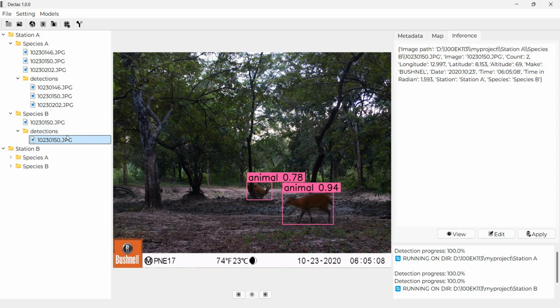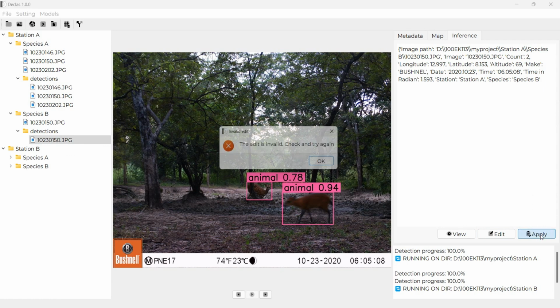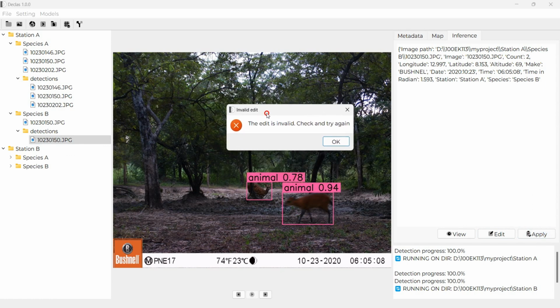Again, you can edit. If you click on an image and you notice that the detection is not correctly done, you can click on edit and change the result, changing or editing what you want here, and then you click on apply. If you make a mistake, let me show you. I can put it in edit mode, and I can remove, for example, this, and I will try to apply. You can remark you will get this error. So the edit is very sensitive.